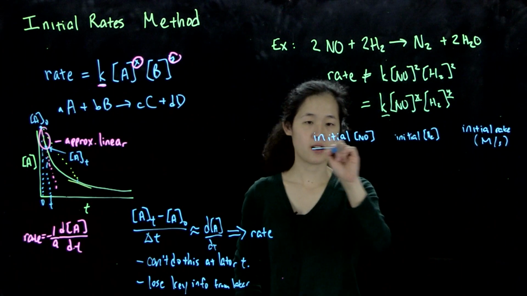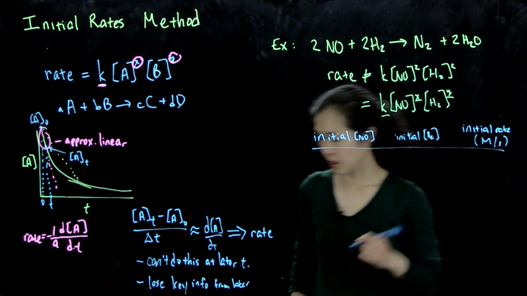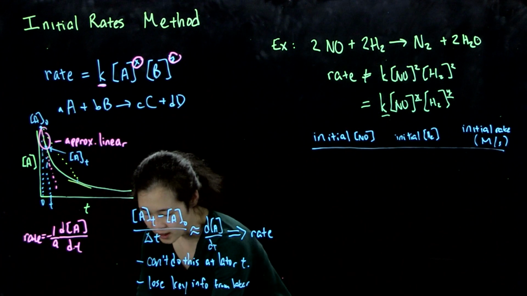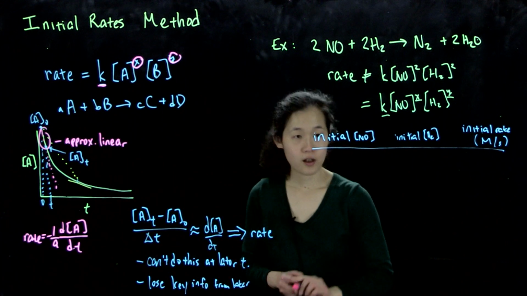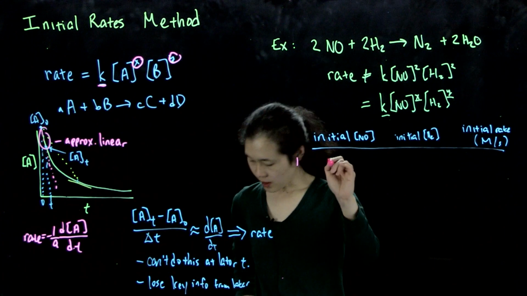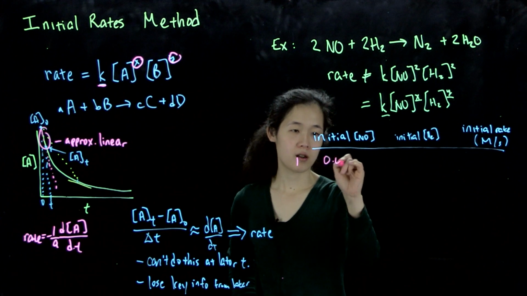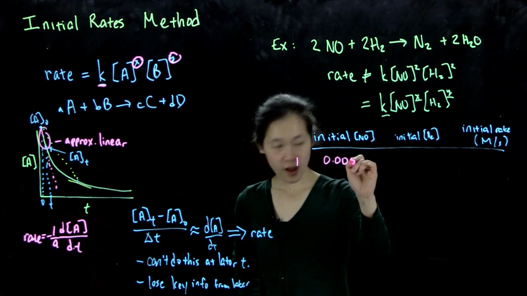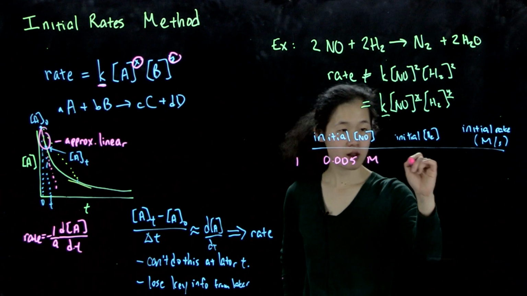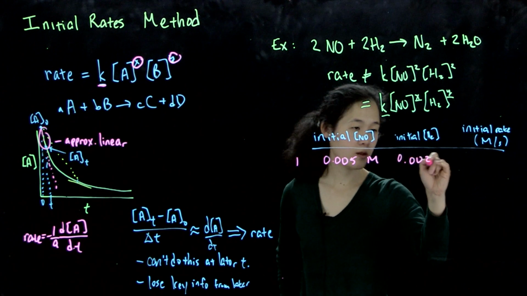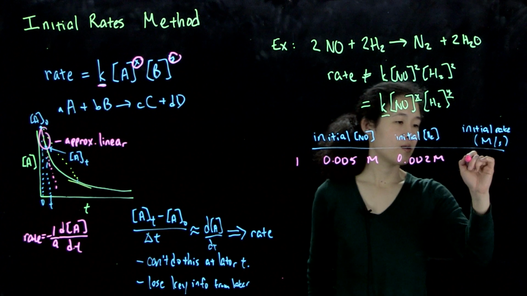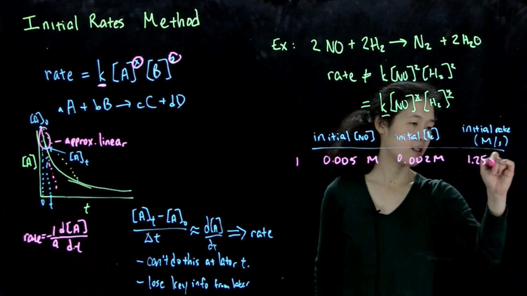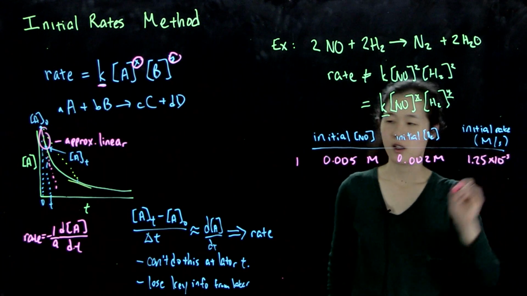So here is my data table, and here are our data points. Let's say for run 1, we had 0.005 molar. This was 0.002 molar. And then our rate was pretty slow, 1.25 times 10 to the minus 5 molar per